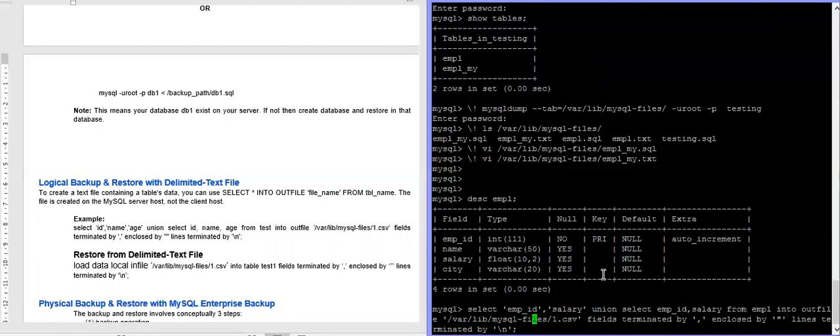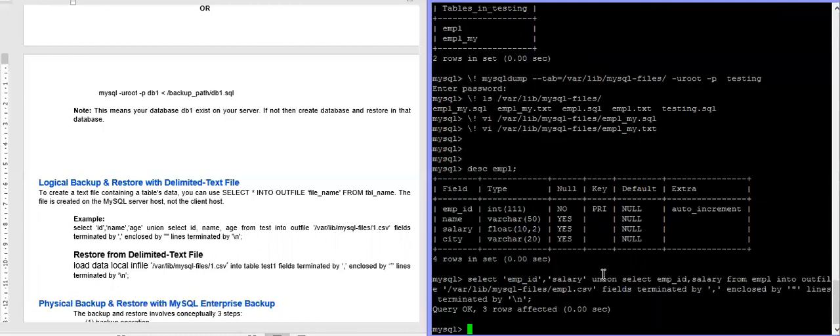Suppose I can write here empl.csv. You can see it physically. Let's see this file physically.